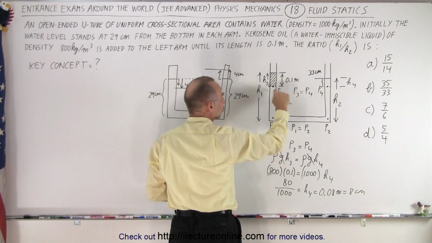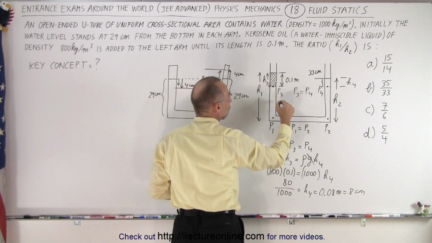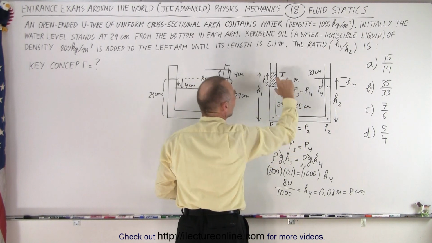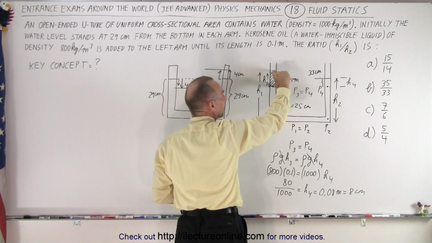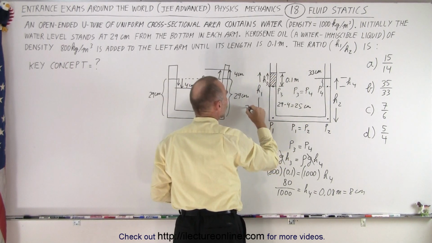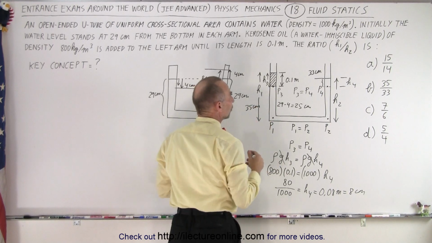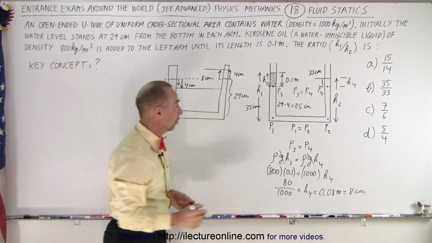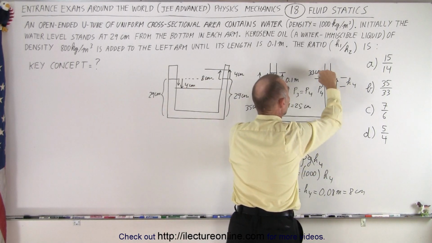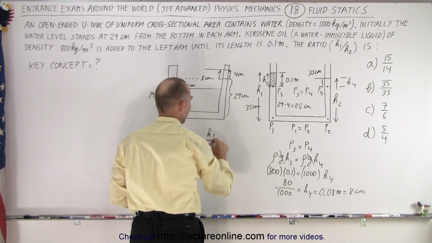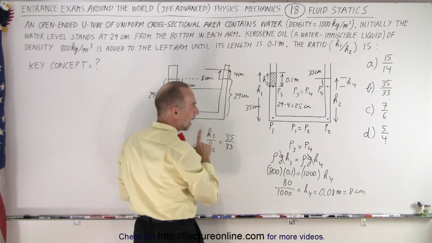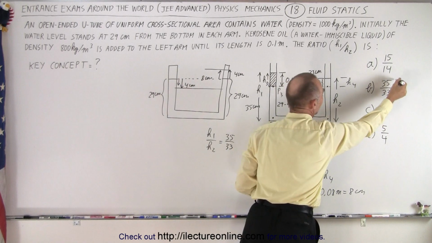And this one started at 29 minus 4, which is 25 centimeters, but then we have 10 more centimeters on top of that, so the complete H1 is 25 plus 10, or 35 centimeters. So now we have the ratio. H1 is 35 centimeters, H2 is 33 centimeters, so H1 over H2 is equal to 35 over 33, and the answer therefore is